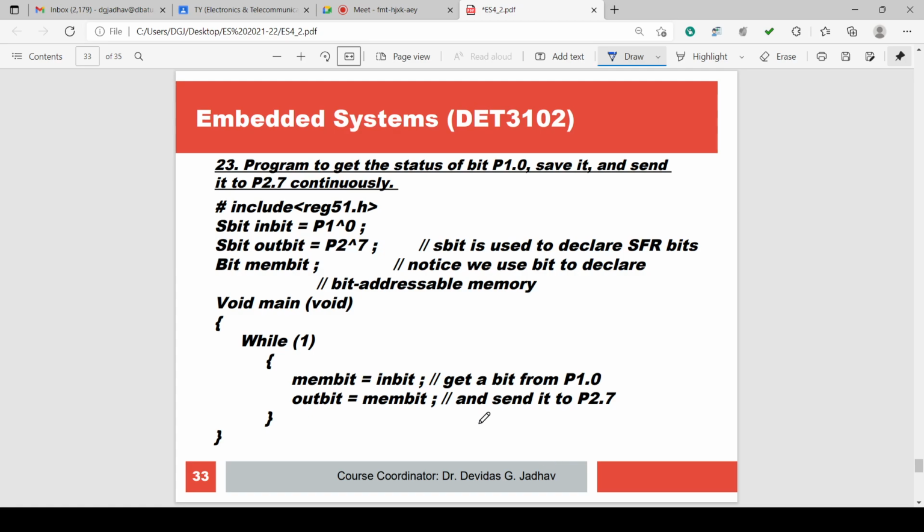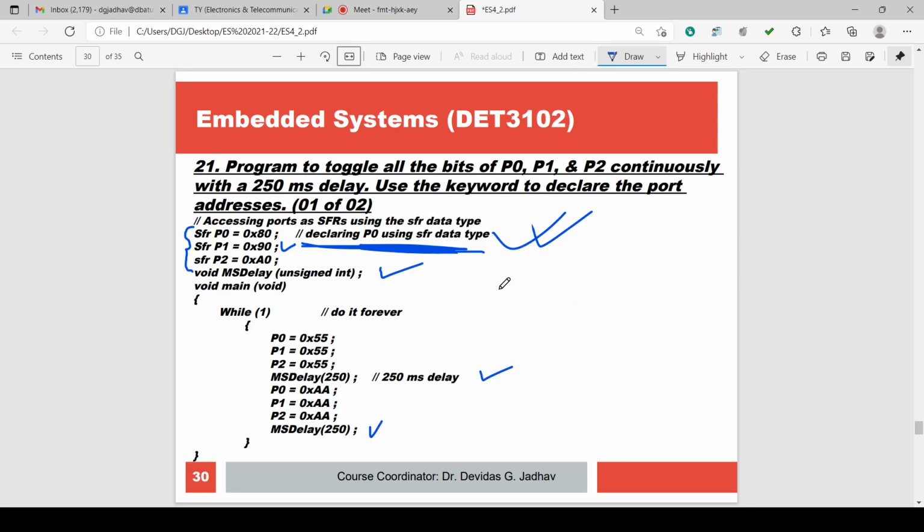Then next is get the status of bit P1.0. Here sbit inbit and sbit outbit are defined. Inbit is P1^0, outbit is P2^7. Means 1.0 and 2.7. Sbit is used to declare SFR bits. Notice we use bit to declare bit addressable memory. Bit addressable memory is there: 80, 90, A0.